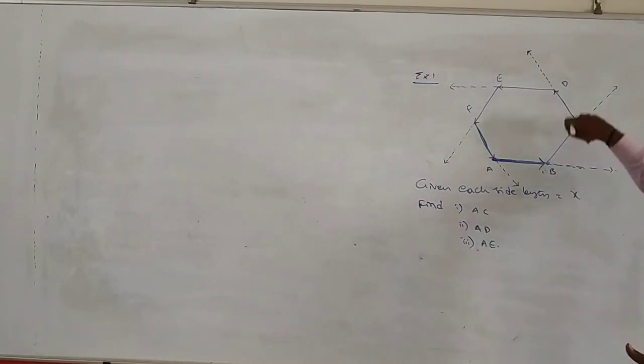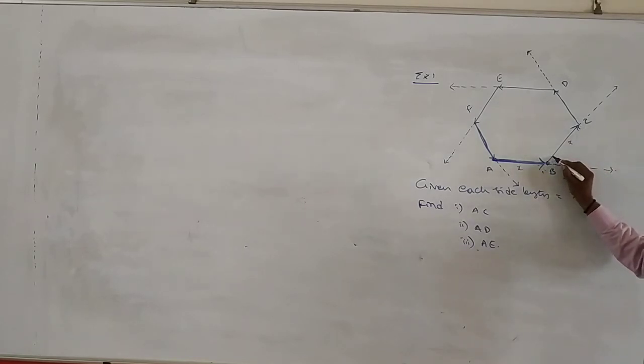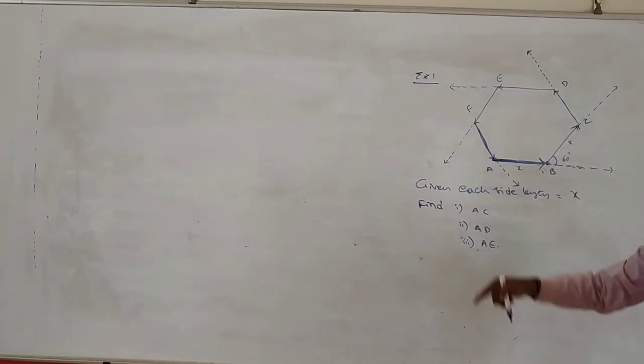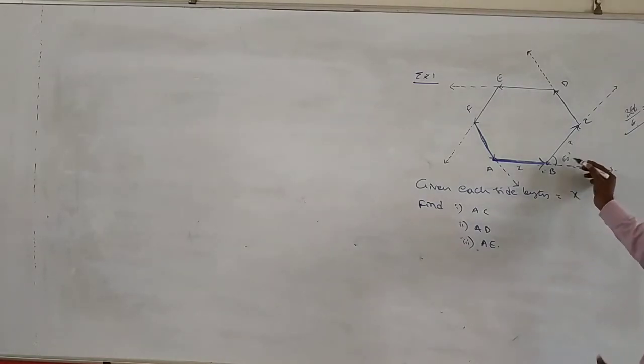All are having equal sides, and there are 6 sides. In another way, the angle between the first vector and the second vector is equal. This is the value of x. This is also x. So here, both the tails of the vectors should be connected to each other. Then only should we mention the angle between them. There are 6 angles, 1, 2, 3, 4, 5, 6, in total 360 degrees. 360 by 6 is equal to 60 degrees. So the angle between any two adjacent forces should be equal to 60 degrees.